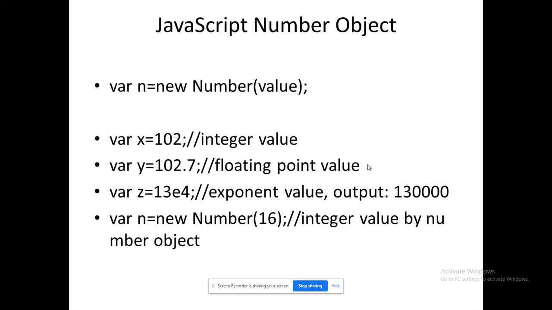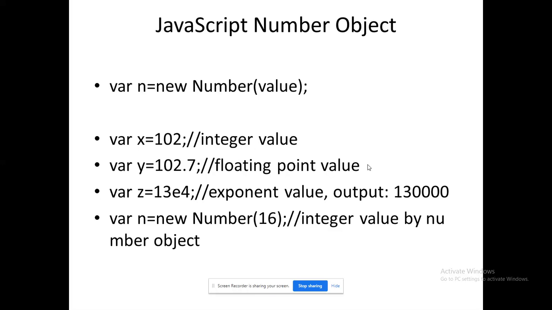Okay, so the simple syntax is a variable equal to new Number, with the value that I will pass. It's a procedural way using a parameterized constructor. So the possibilities of number objects, the values that I could use: I can use an integer value like 1 or 2, and I can use a floating point value like 1 or 2.7.